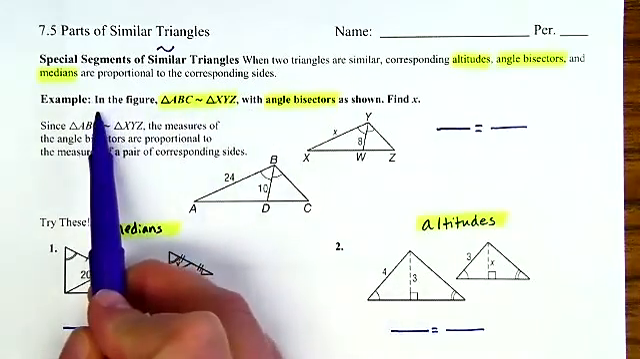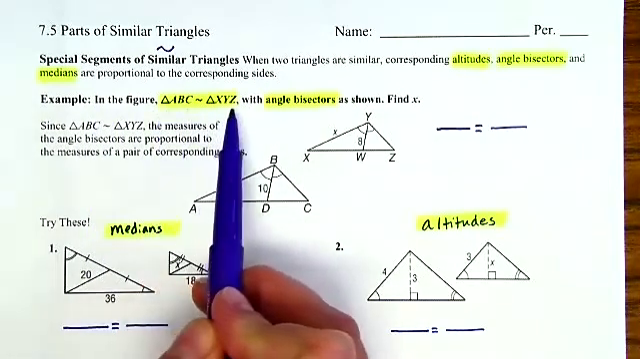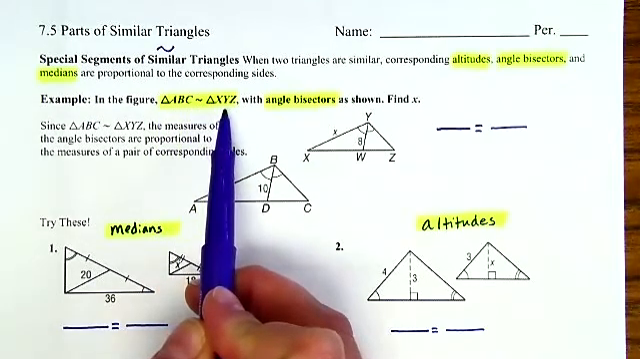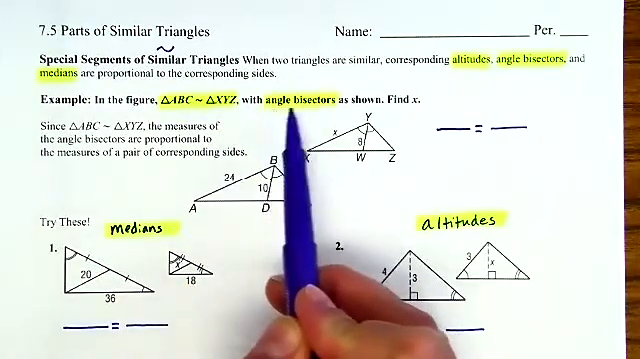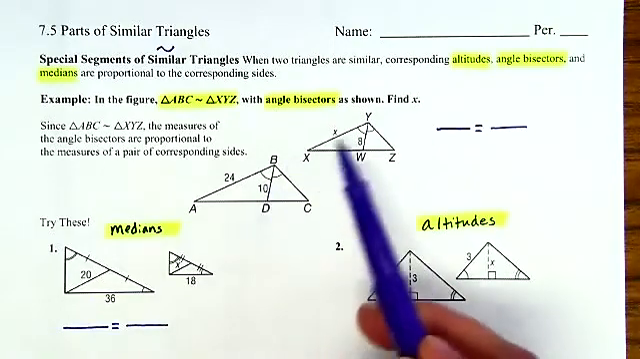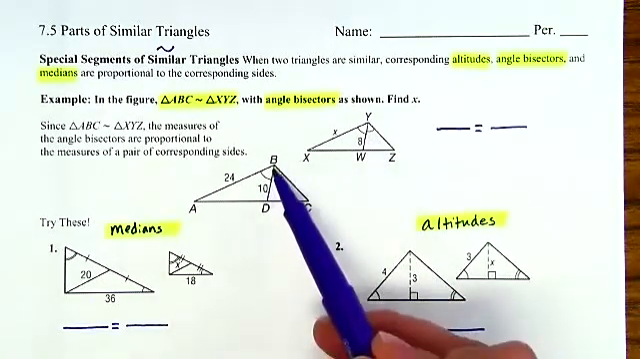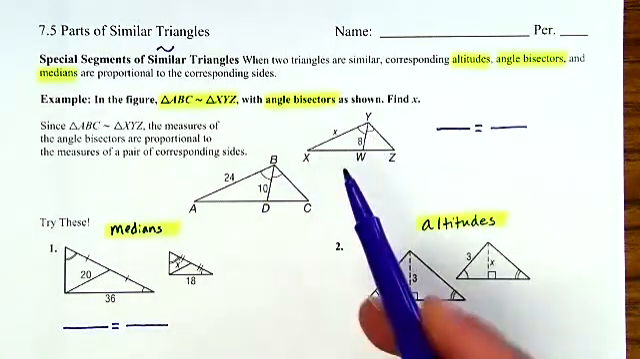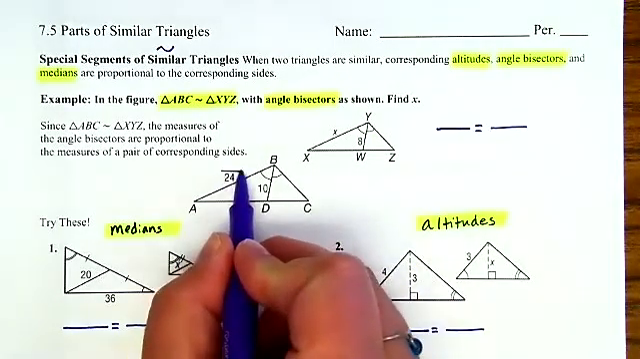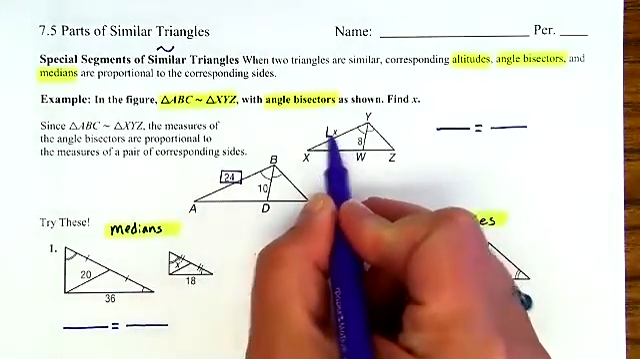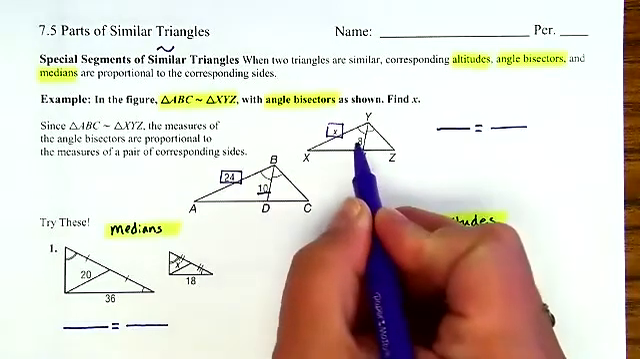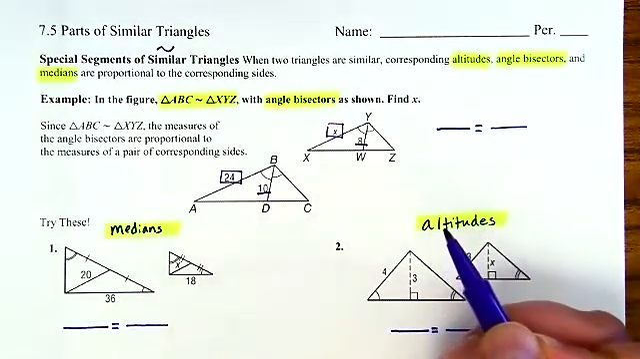So here's an example in this figure, and look, they gave us a similarity statement. Triangle ABC is similar to triangle XYZ with angle bisectors as shown. Find X. So we're comparing this triangle here to this triangle here and their angle bisectors as well. So we're going to be setting up a proportion. And we know that this part of this triangle is corresponding to this part of this triangle, and therefore the angle bisectors also correspond. So I'm going to set up a proportion